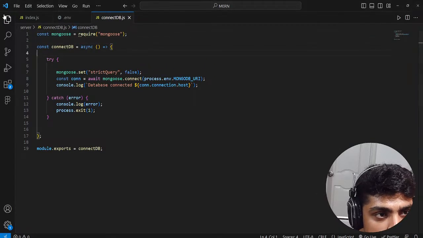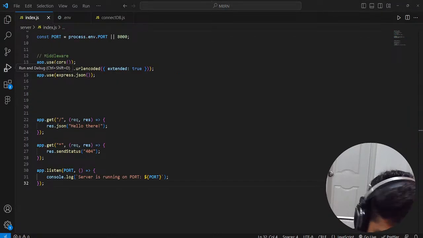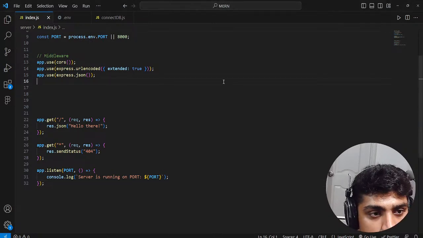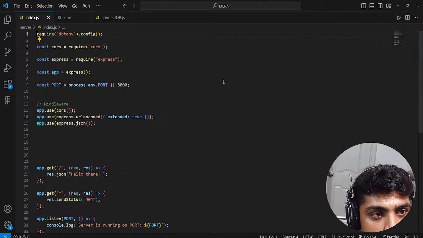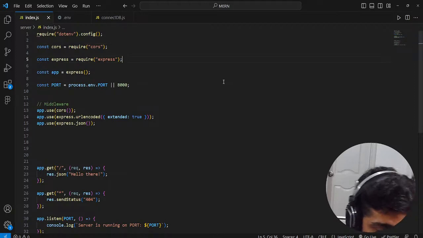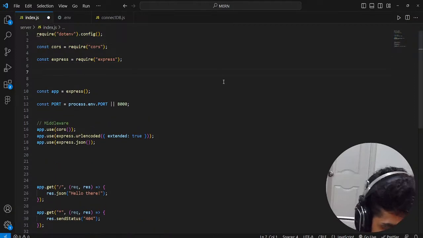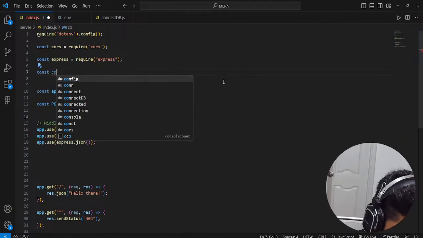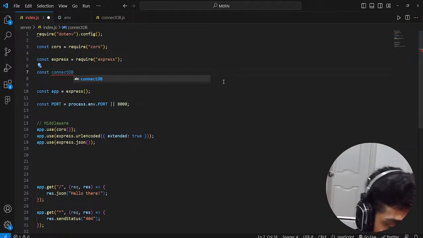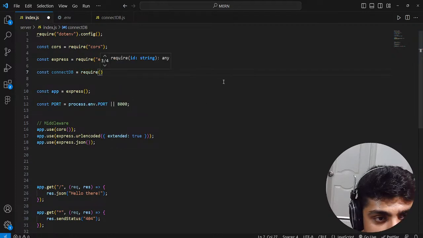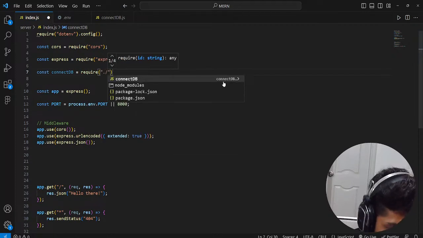I want to use it in my index.js file. To put that in our index.js file, we'll actually need the following. First, we're going to have to go up here on the top in the require, where we got this express app. But before we create the application, we're going to do the following. We're going to say const connectDB equals require, and this is going to be dot slash connect